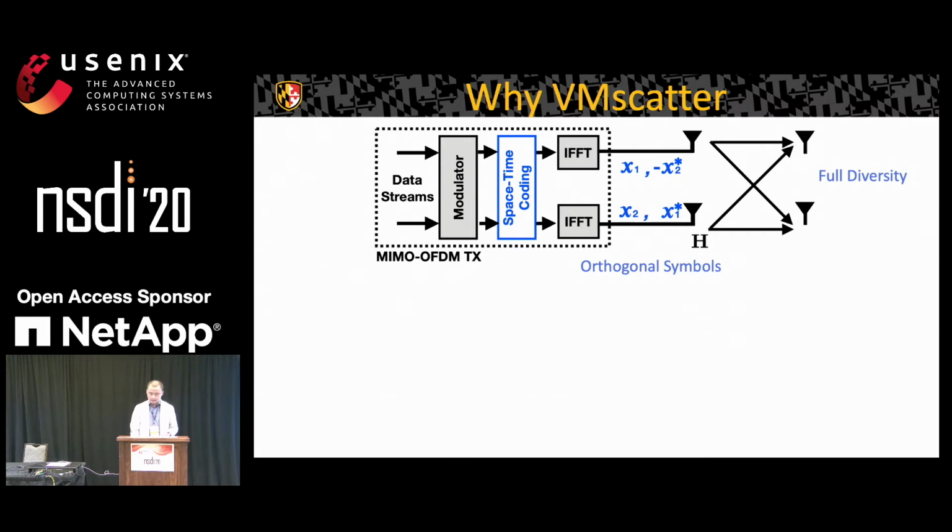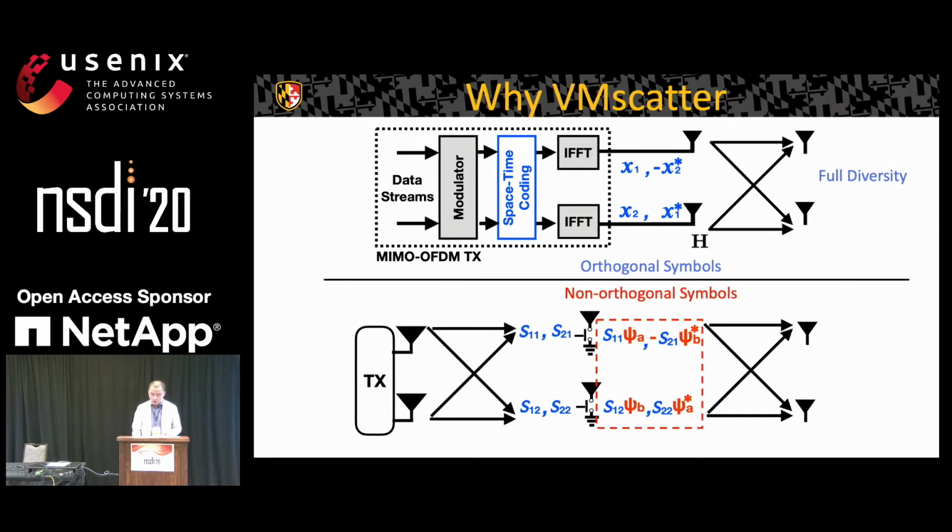We first discuss why VMscatter can leverage the diversity features of MIMO. Traditional MIMO systems leverage the complex models to create orthogonal symbols. The orthogonal symbols can provide the diversity gain, full diversity gain. However, it is hard for backscatter to create orthogonal symbols because backscatter cannot decode the incoming signals. As a result, even though the backscatter leverages the space-time coding to modulate the incoming signals, the reflected signals are